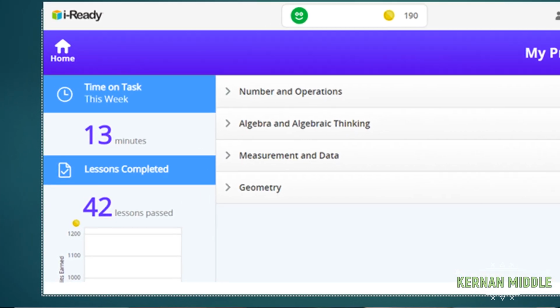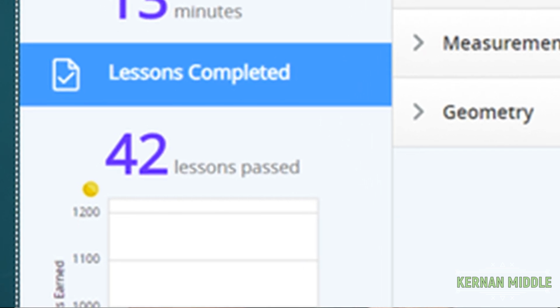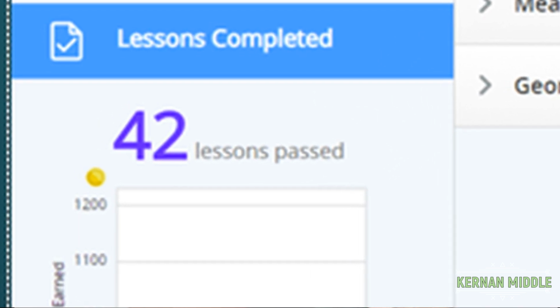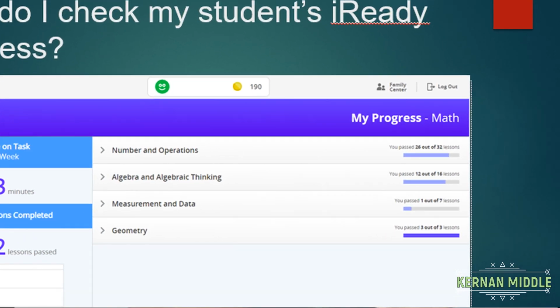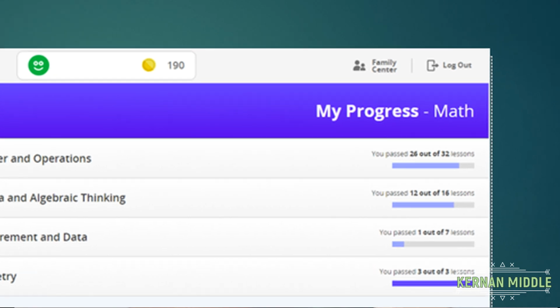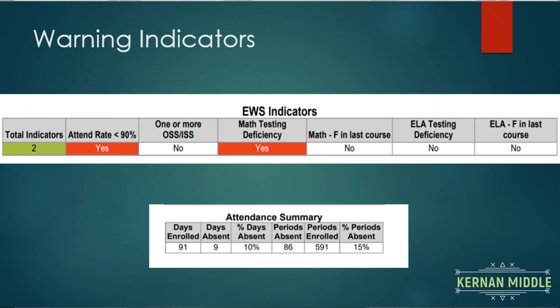You can also have your child show you this on their iReady progress area. The lessons passed should show 42, as this is week 21 of school. Remember, if your child is working to catch up to grade level, he or she should be doing more than 2 lessons a week. Finally, on page 2 of the Middle School Promotion Tracker, you'll see something labeled the EWS